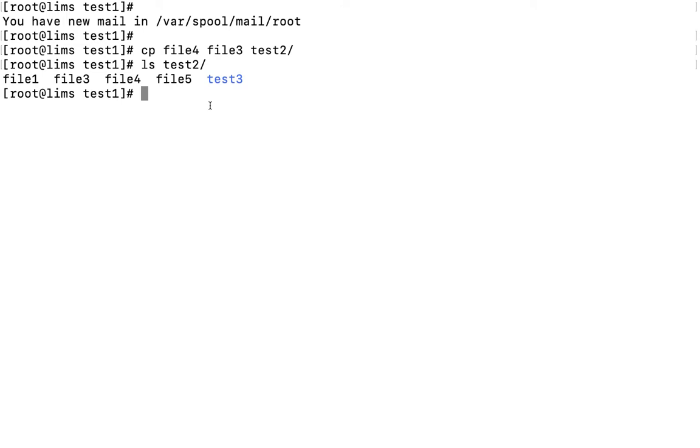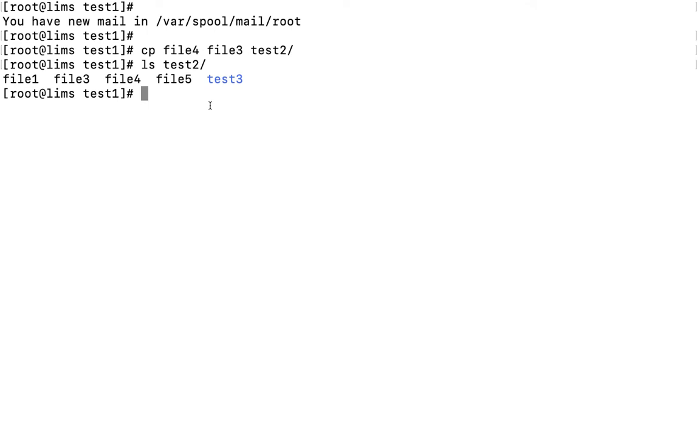We can also copy a directory from one directory to another directory. So now what we will do is create some directories apart from the parent directory of virtumentor.